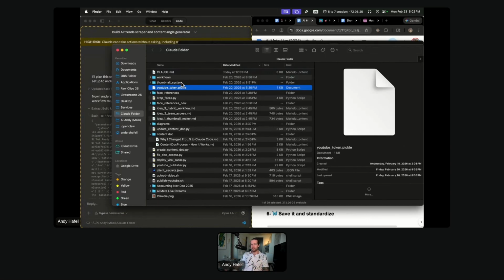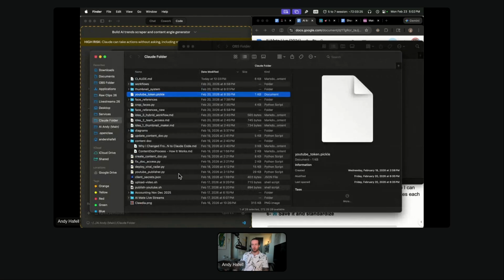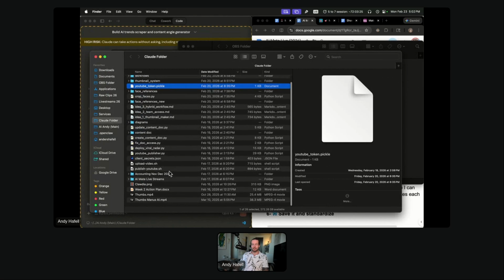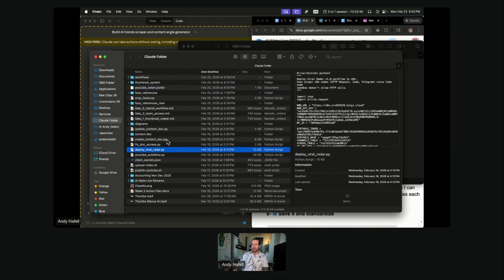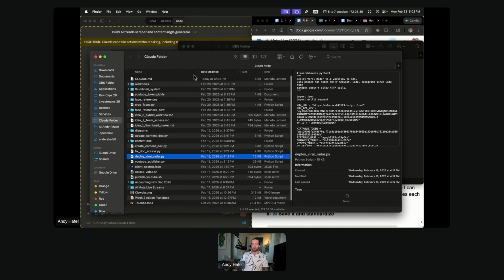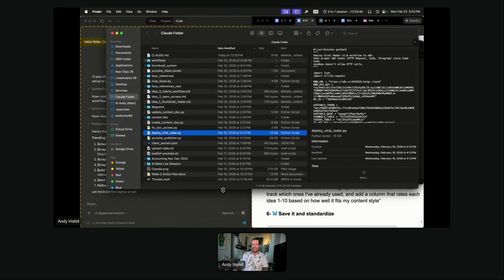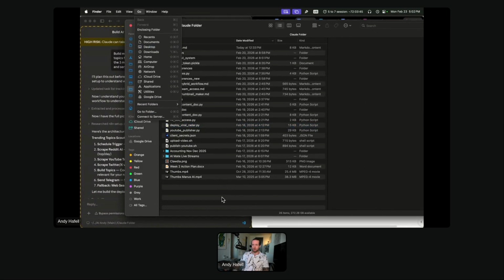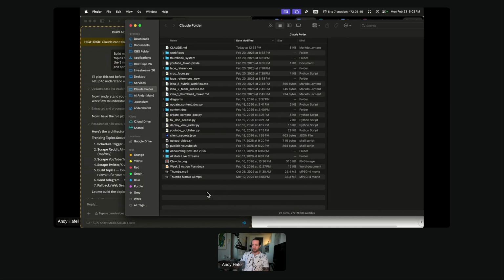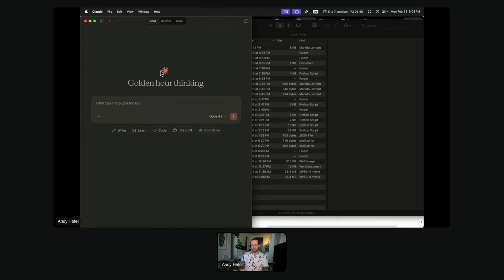As you can see right here, this is my Claude folder. And here are all the documents that I've given to it, and it has created itself. And the file that we need to be secret and hidden is the .env file. So I believe if we do something like hide, show hidden, let me just double check how to show hidden files. How do I show hidden files like a .env in my Claude folder?